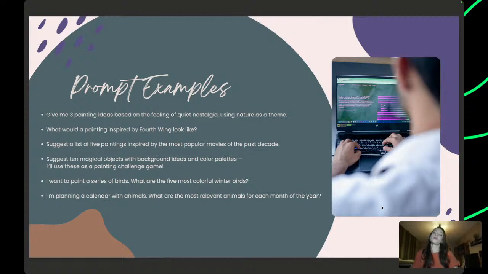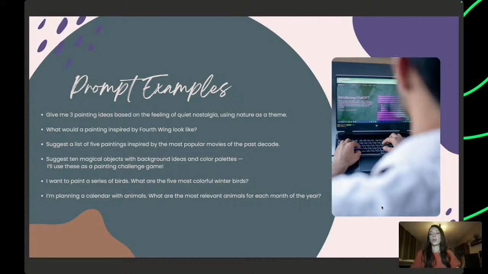You can also get a little bit more playful with it. So for example, suggest 10 magical objects with background ideas and color palettes. I'll use this as a painting challenge game. So here it will not only give you the objects, but it will also give you background suggestions and the color palette. So this is really helpful when you really don't know what to paint, you feel uninspired, and you just want to sit and paint.